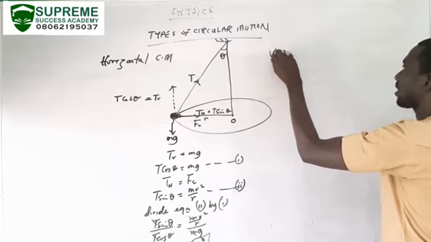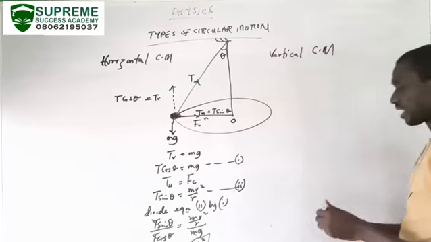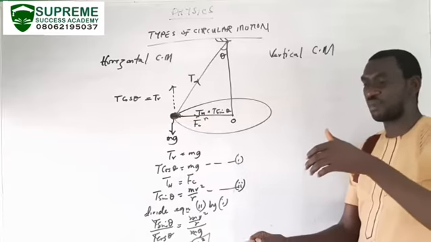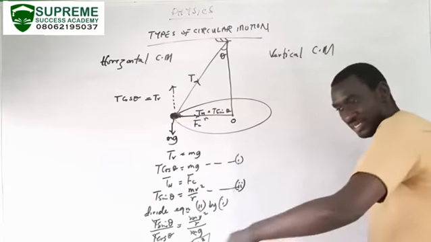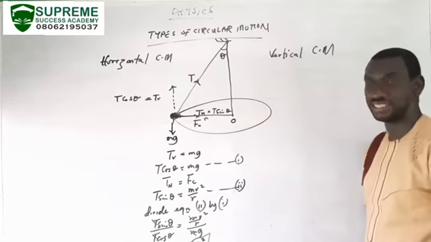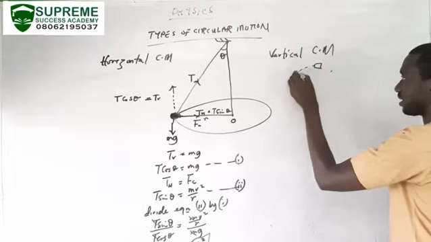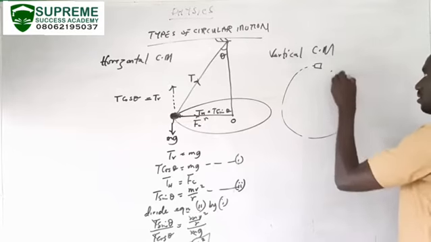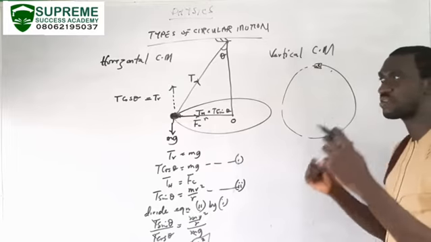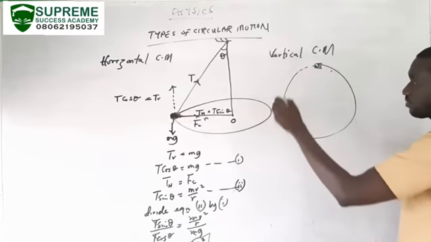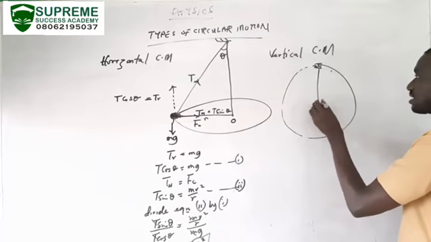For vertical circular motion, it's just like you tie a rope to this marker and you are whirling it like this. Not like this. You are whirling it like this. That's vertical circular motion. So you are going to have something like this. You have to take like 4 different positions of the object undergoing vertical circular motion. This is the center of the circle.